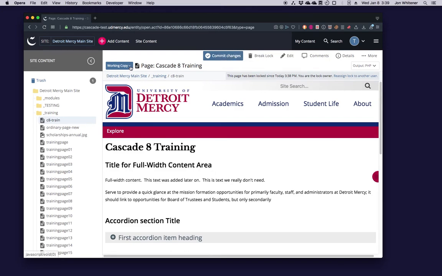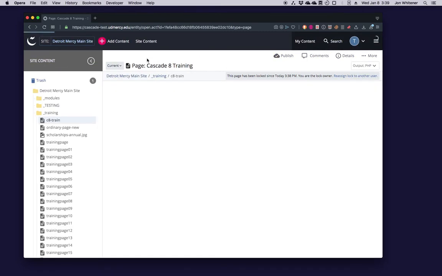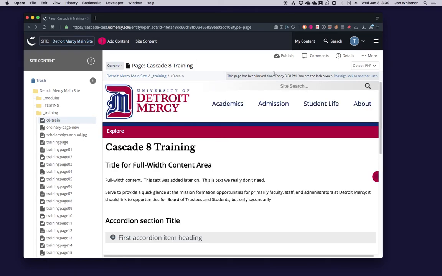But notice if I happen to be looking at the current version of this page, it still tells me that this page is locked. It still tells me which version I'm looking at, which is the current version. But you'll notice the edit link is gone. And the break lock link is gone.